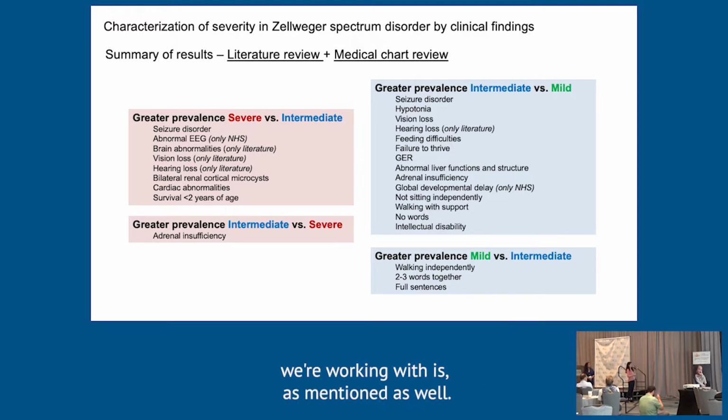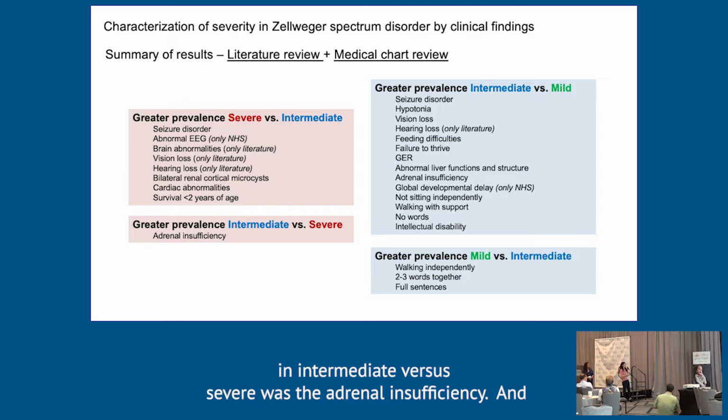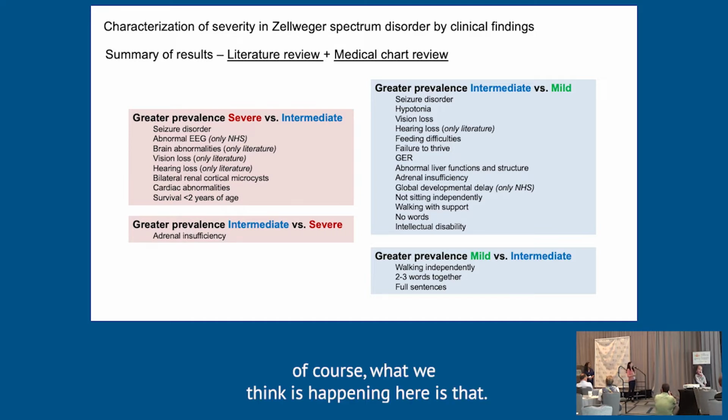And as we mentioned as well, the only symptom that we saw more prevalent in the intermediate versus severe was the adrenal insufficiency, and of course, what we think is happening here is that, well,